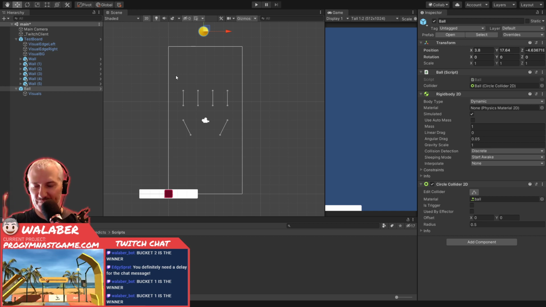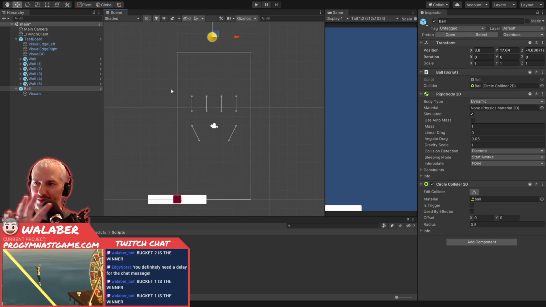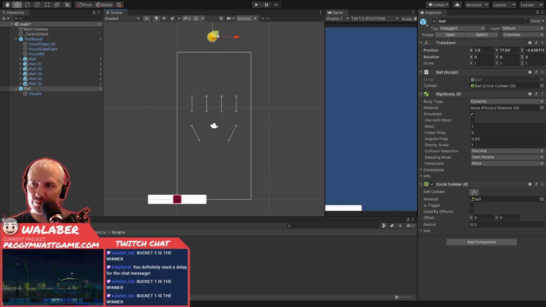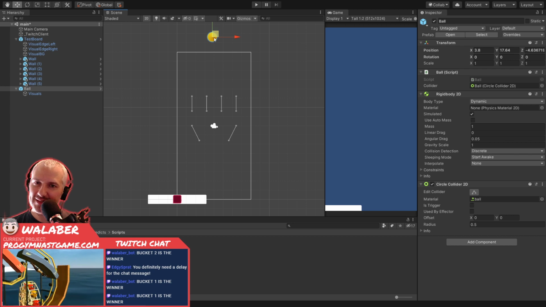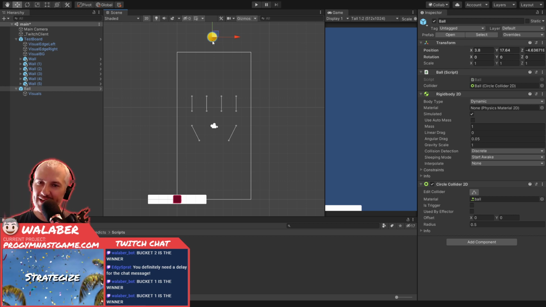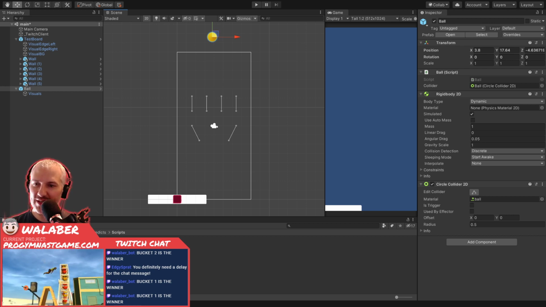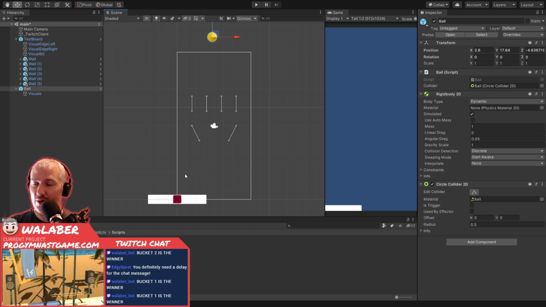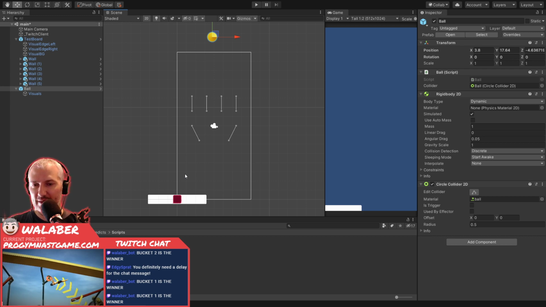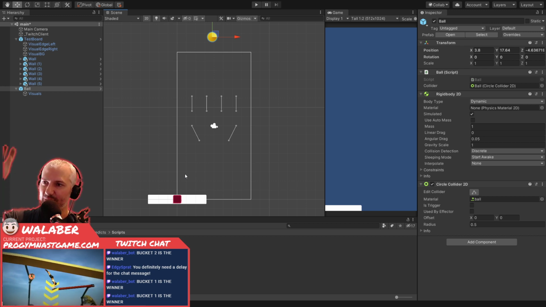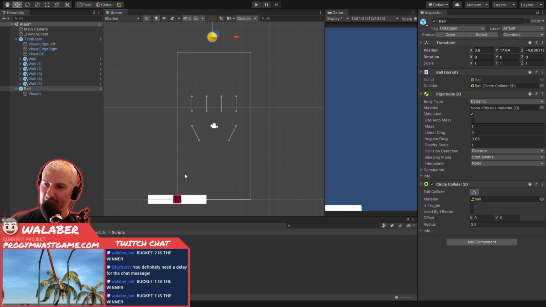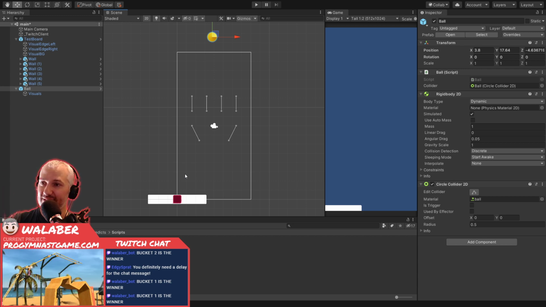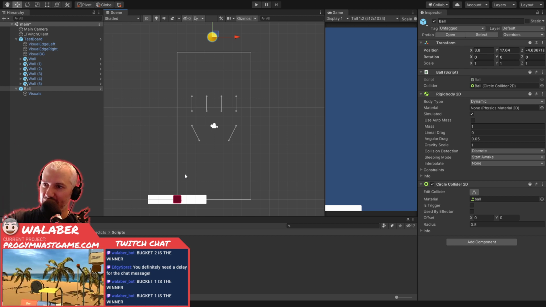So next time, now we can start building the actual sequencing to this. Because the way it's going to work is it's not going to show the ball in real time. Behind the scenes, it's going to step the physics really fast and go until that callback happens, so that now the game knows it goes into bucket 2 or whatever. And while it was stepping the physics, it's going to be recording the position of the ball the whole way. All this will be happening in the background. You won't see that. And then it's going to go into this state where it plays back a portion of the ball's trajectory and then repeats it,